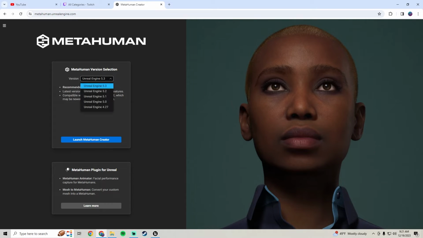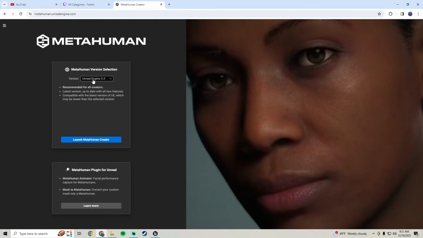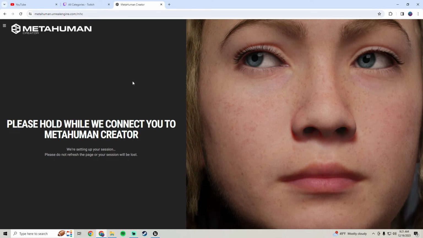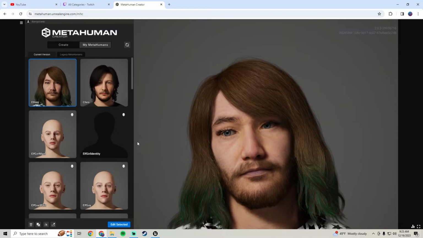Once you're in here, you probably just want to use the newest version. I'll leave a link for getting to the website down in the description. But we're just going to use the newest version, and then we're going to launch MetaHuman Creator. It can take a little minute, so just give it a little minute and it'll open up. Alright, so once you get it open,